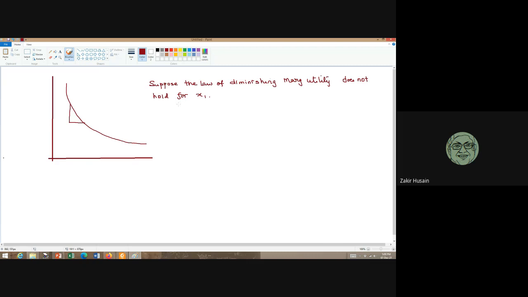Suppose the law of diminishing marginal utility does not hold for x1. So as we increase the consumption of x1, what happens to u1? u1 will rise. The law of diminishing utility says that u1 should fall. If it doesn't hold, then u1 must rise, or it will remain the same. Let us assume that it rises. So as we are moving down from A to B,